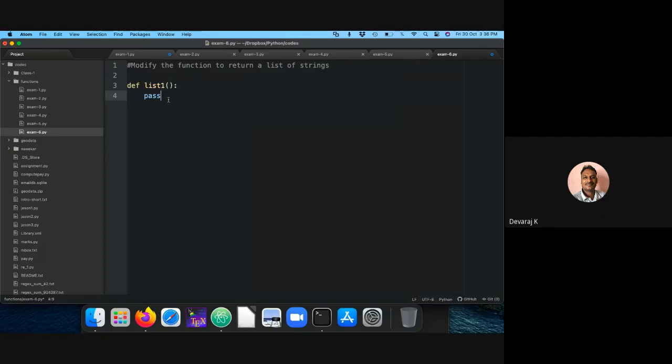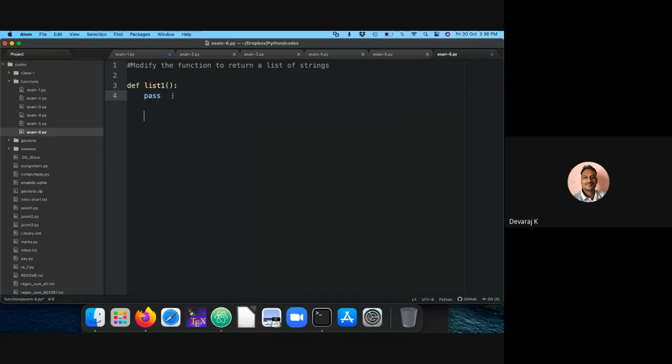Those strings I need to read, and I should be able to run it. So that's the meaning of it. See, the first function: if the list is blank, I'm not defining anything. Even if this is blank, it should be able to simply pass.